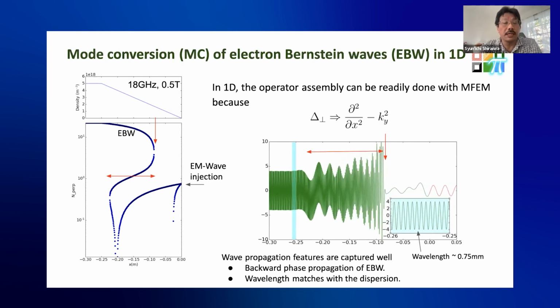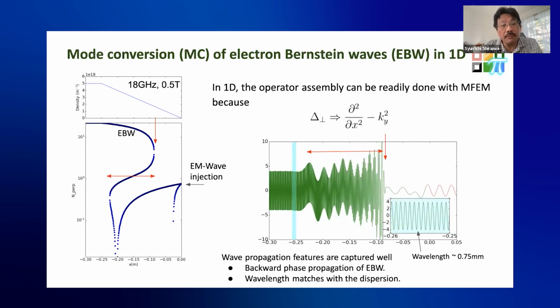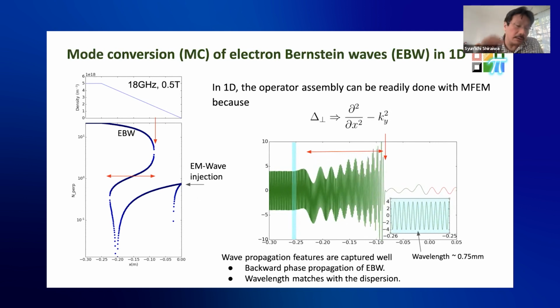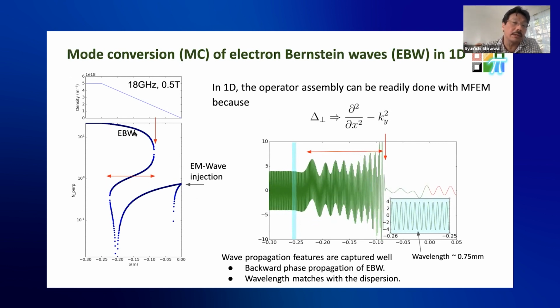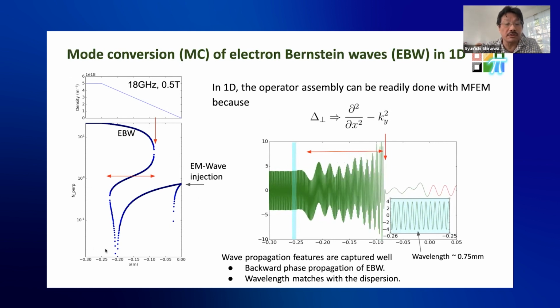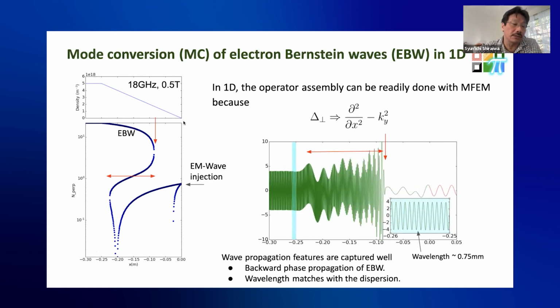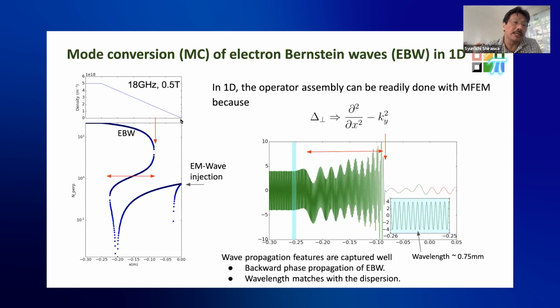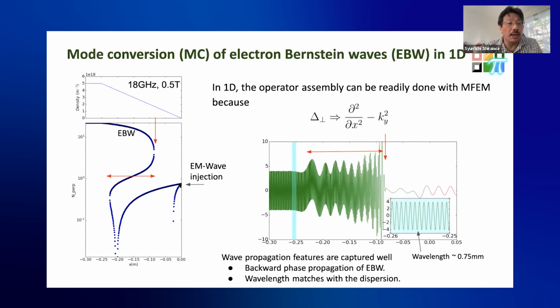The first application test we did is mode conversion of the electron Bernstein wave, in which an electromagnetic wave injected from outside is converted to an electrostatic wave generated in the plasma. This simulation is a 1D simulation. The wave is injected from the right of the simulation domain, and we assume the plasma density is going up like this. At a certain point, the wave